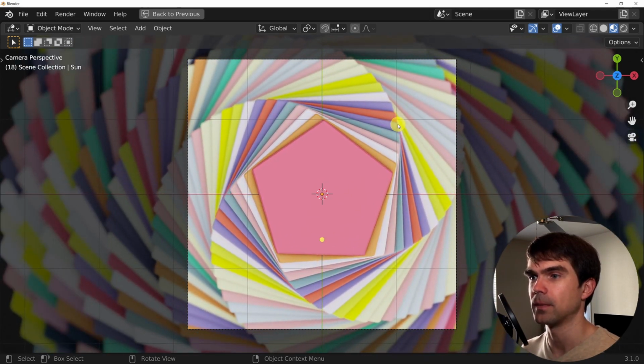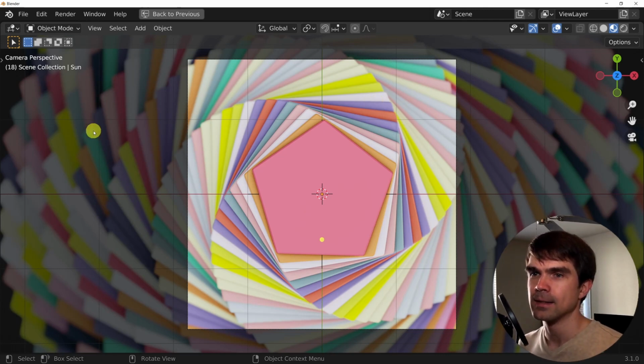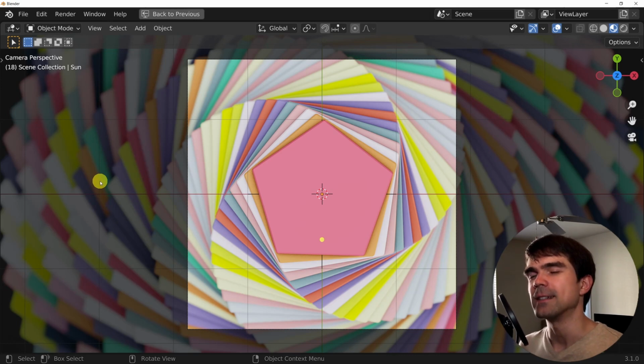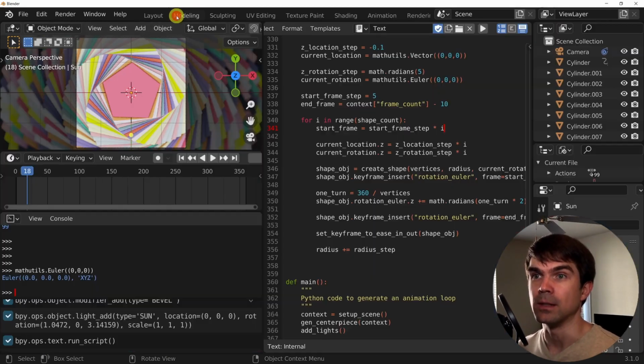All right. And something that you might have noticed is that some of these shapes in the background are still going at the end of the animation. You might say that, hey, this is not a perfect loop. Yes, it's not a perfect loop, but the shapes that are in the camera's view are still between the first and last frame.